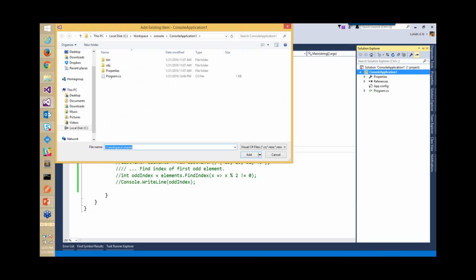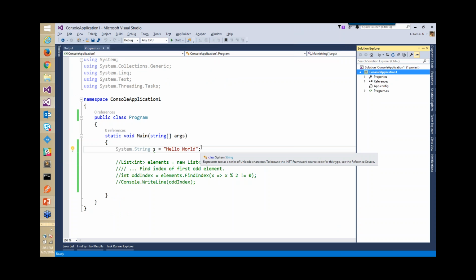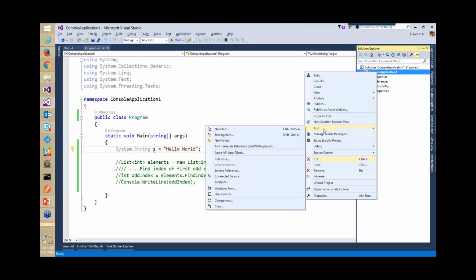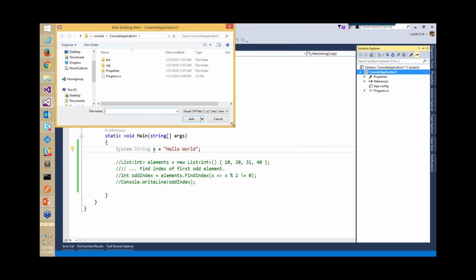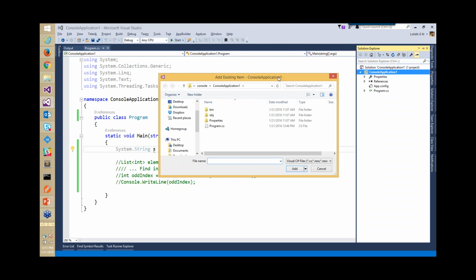workspace shared, and now let me show you this magic. It's not a magic actually, but I don't know if you guys have noticed it, but I've been with Visual Studio for quite some time, so I know this. Okay, hang on. So let me do this add existing item. Let me just resize this a little bit so that when I zoom in it is easier for you to see. Yeah, so now this is what it is. So now I'm going to go to C colon workspace shared, and here I'll select Person, but instead of saying add,